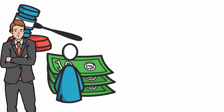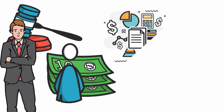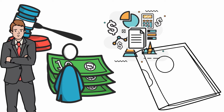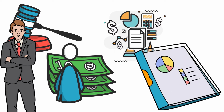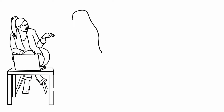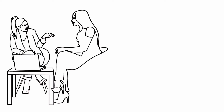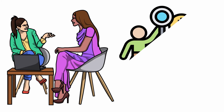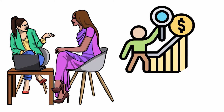That's very important. The whole idea is you want to present a business image to the lender. You need to file business taxes. And you also need to follow responsible business practices. When lenders look at your application, you don't want to give them any reason to think twice, right? Especially if you have bad credit, because the odds are already against you. So you want to do everything possible to paint the best picture